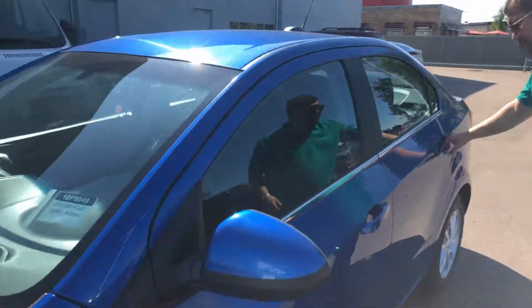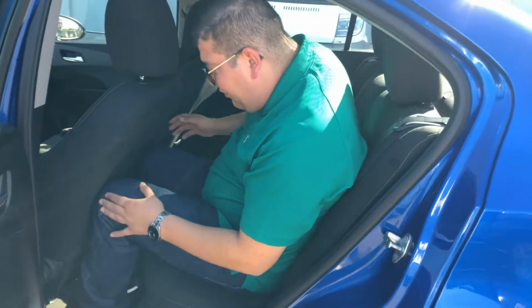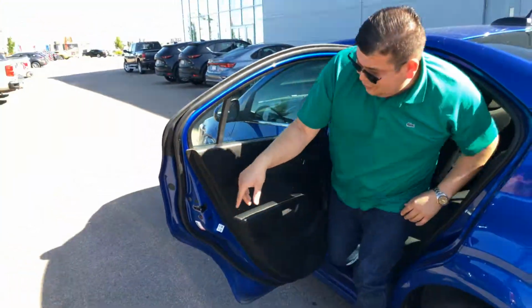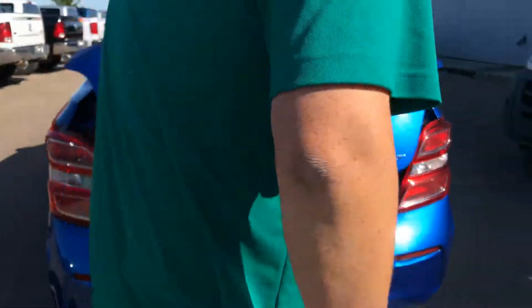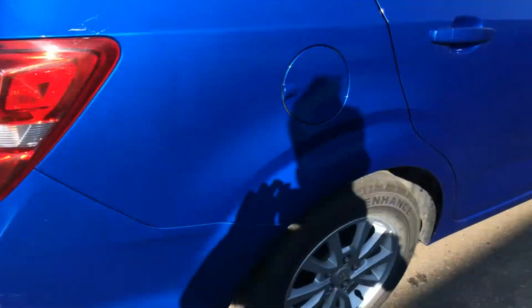I really love this blue. Myself, big vehicle, small vehicle, still get in here. Always put my feet in there, and therefore a big guy can sit back here. Obviously, wouldn't want to go too far. You got power windows back here too. Child safety locks if you need to have those kids locked in. Have a lot of cargo space. I'm gonna get my camera going off the front trying to finish that